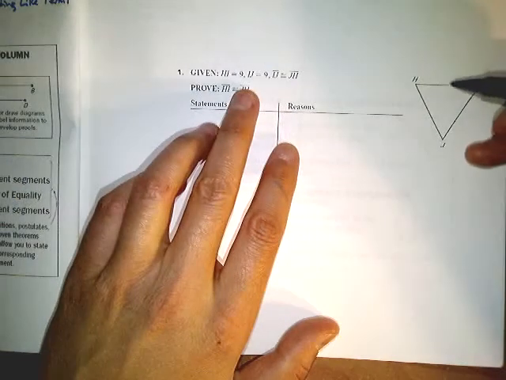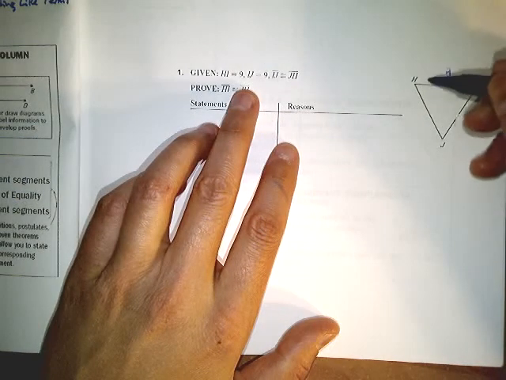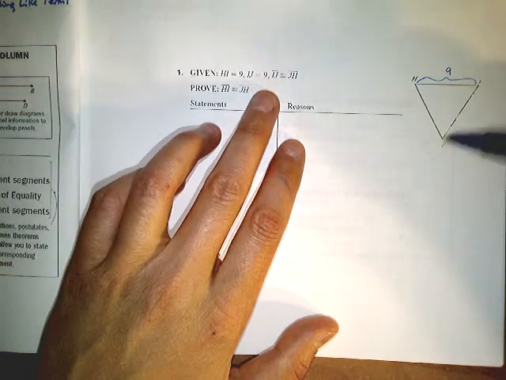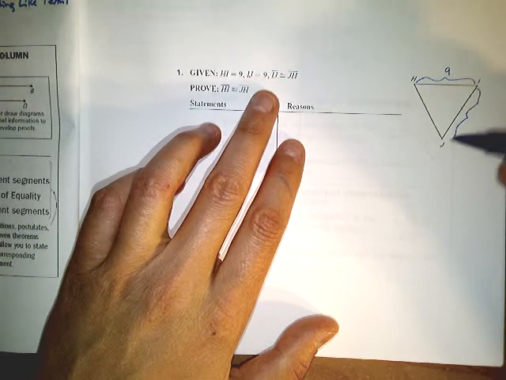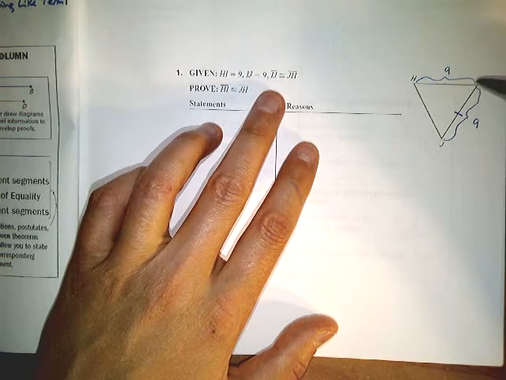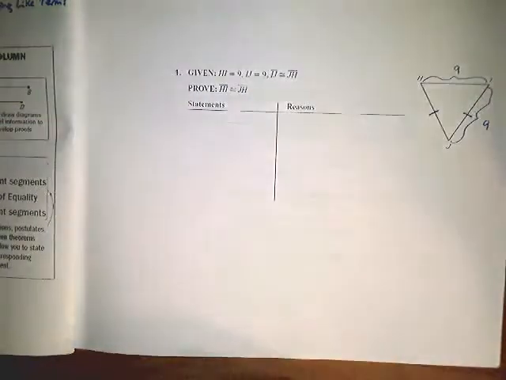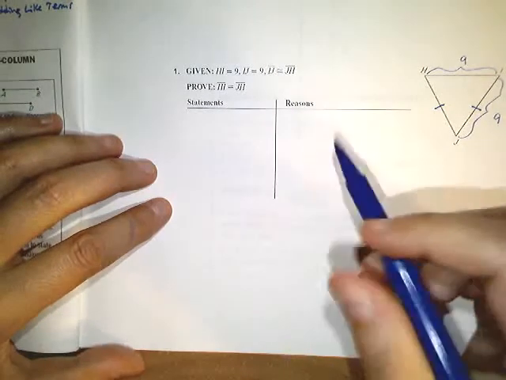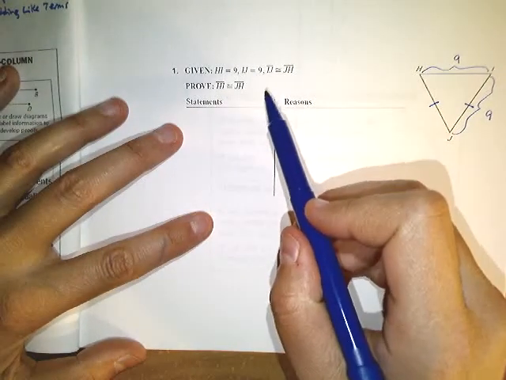All right. On the next page, you have this triangle. And it says that HI, this segment right here, is 9 units long. So I'm going to mark that, 9. It says that IJ is also 9 units long. And it says that IJ is congruent in length to JH. Okay. So I usually like to state all the givens at once, but on this one I'm just going to start with